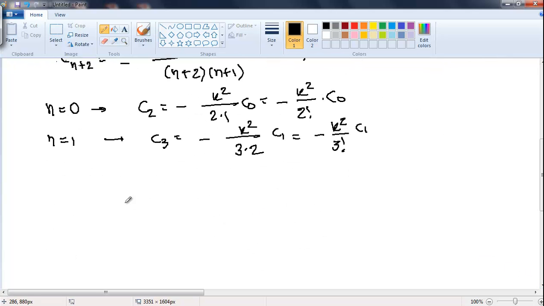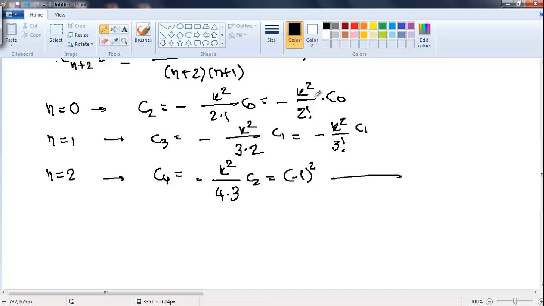Then for n equals 2, c4 equals minus k² over 4 times 3 c2. I substitute c2 here, and I have k⁴ over 4 times 3 times 2 times 1 c0,